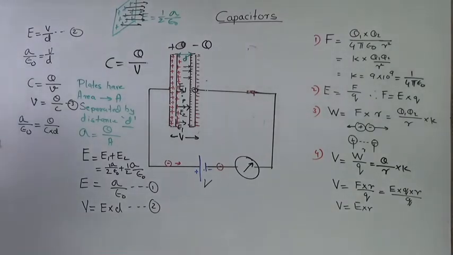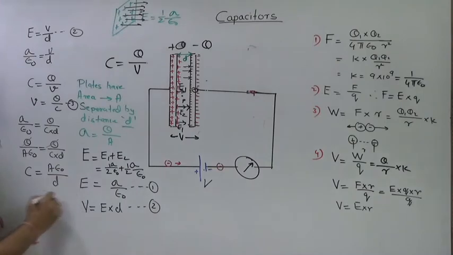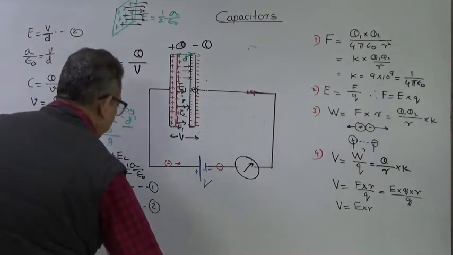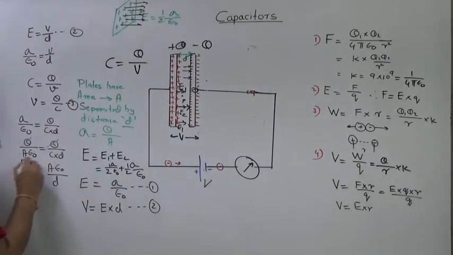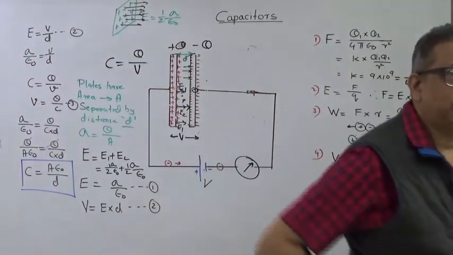Now what is sigma? Sigma, I know it is charge upon area. So it will be Q upon area into epsilon naught equal to Q upon C into D. My Q and Q will get cancelled, and I will have C equal to A epsilon naught upon D, and this is the derived equation of a parallel plate capacitance, having each plate an area